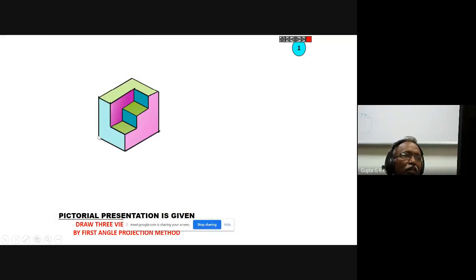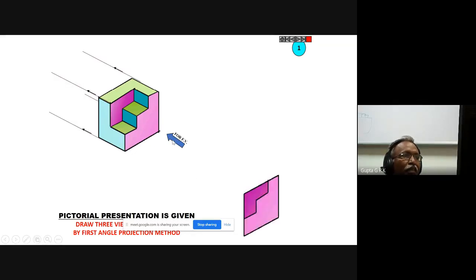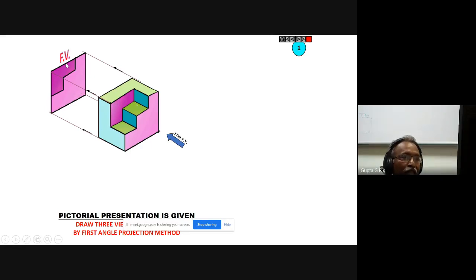So here you can see one particular object is taken like this, a staircase, a small arc of steps. It is a machine element actually, it's not a real staircase. For the front view, I am seeing it like this. Sometimes people take seeing from this side as the front view, or seeing from this side as the front view. It depends on where I see more details or where the length is more. So that side we call the front view in general. If I see from this side, I get the front view here because the object is in between and the reference plane is on this side. So this is first angle projection.